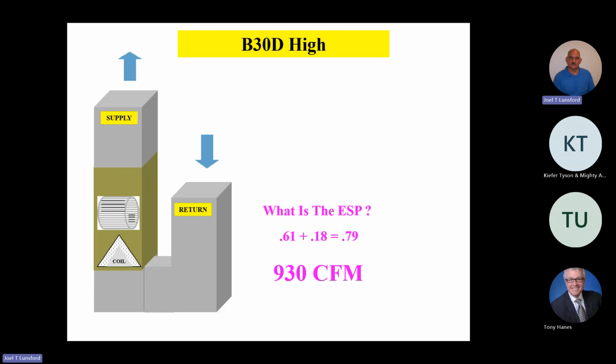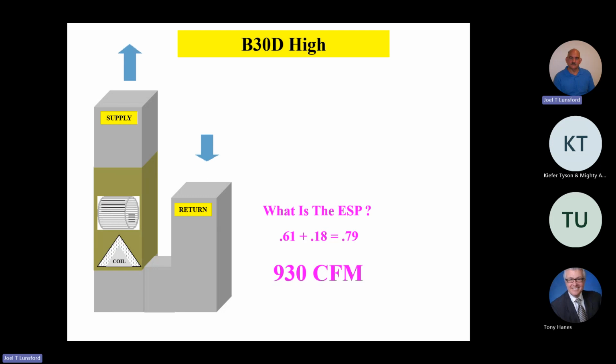Let's say we got a brand new unit, or maybe we just got done cleaning the coils and stuff like that. It's a 0.61. And the next time I come out next year, it's a 0.58 or a 0.57. Well, something's changed. It could be a dirty coil. It could be a dirty air filter. Because if you think about it, the fan can only blow what it sucks, right? And so anything that affects the fan's ability to move air through that duct system will be reflected